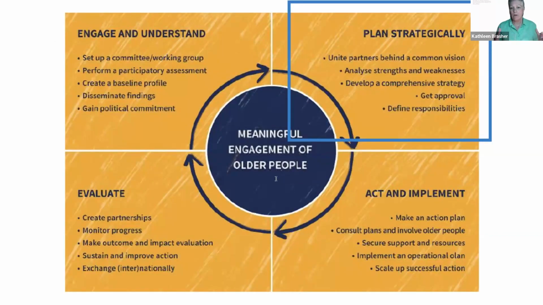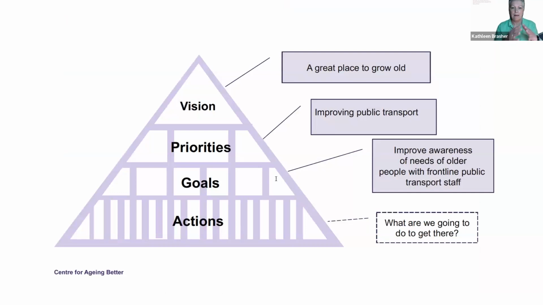And then Natalie went through how to establish that major plan of action, those strategic goals and the vision. And it's those visions and goals in that plan that are the things that the progress towards which you're evaluating. And Natalie gave us a program logic, and it's that vision and those priorities and the goal that is the process of the evaluation plan.